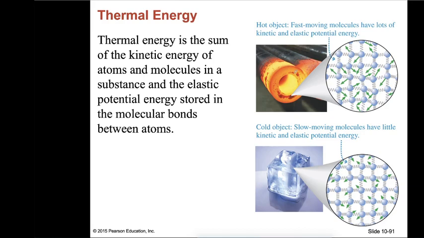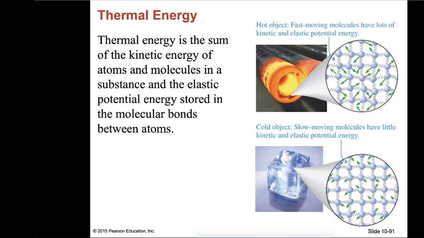For example, for a hot object, if you zoom in to look at the microscopic view of, for example, the ions, you will see the molecules are moving like that. The molecules are like beads connected by springs, and the beads are vibrating, so they're moving. If it's hot, then they're moving fast, and they could be far away from their equilibrium position. The springs mean the bonds between molecules. They could be stretched or compressed a lot.